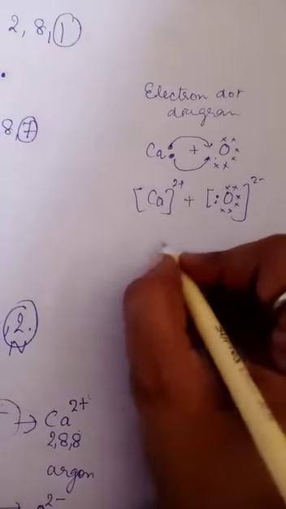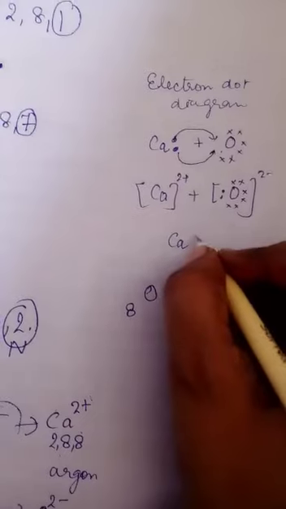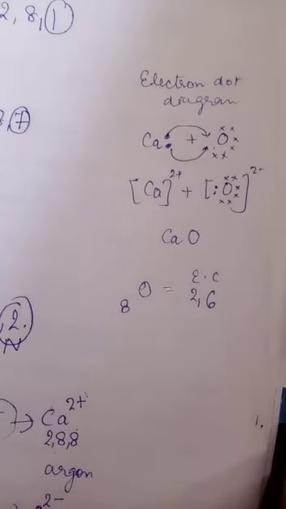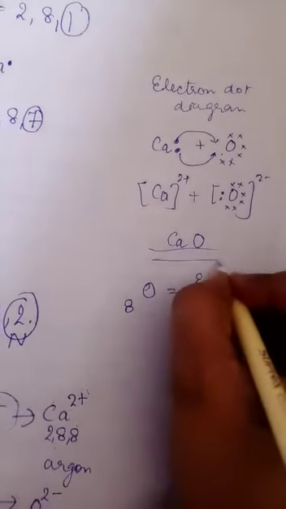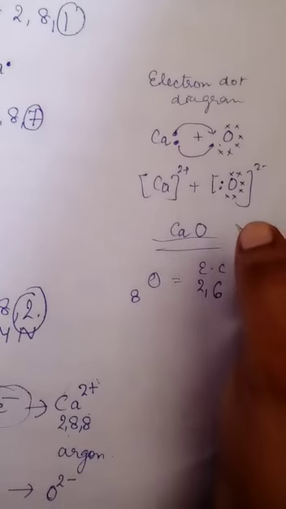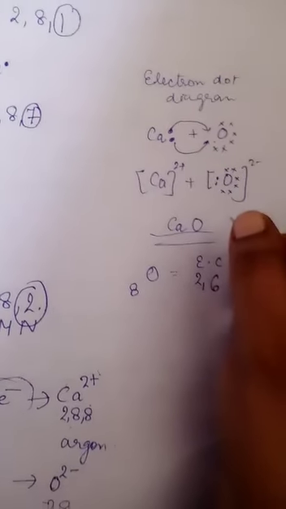Okay. Now hence it will form what? CaO as a new compound. Are you getting? Similarly, you have to do it for MgCl2. So I will send you the image.